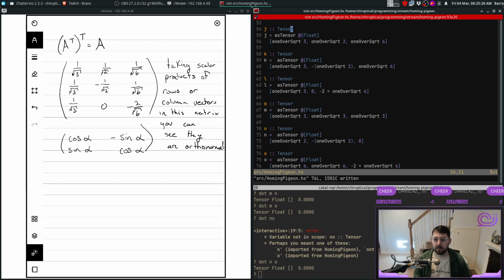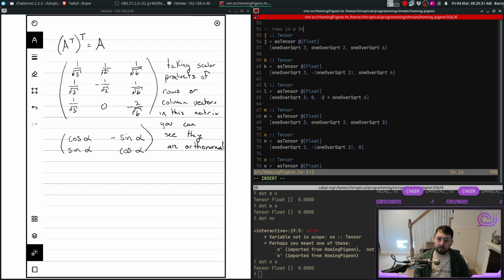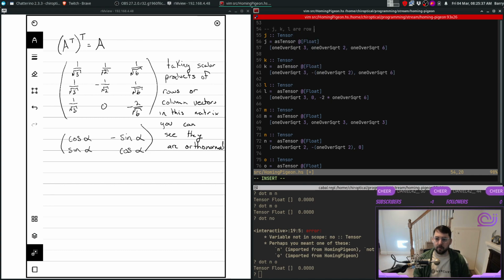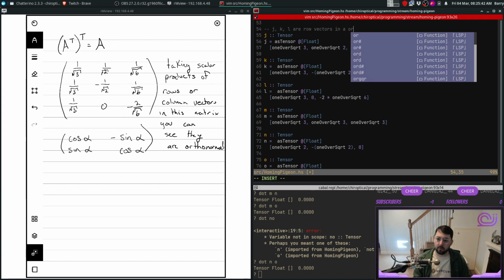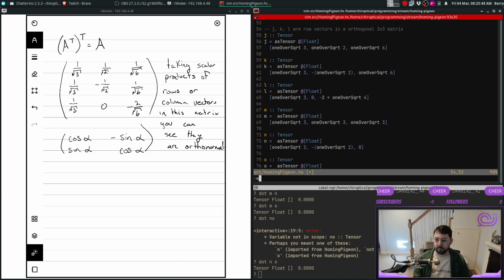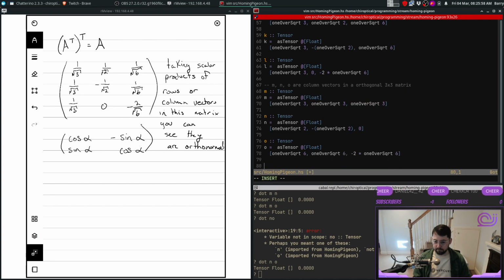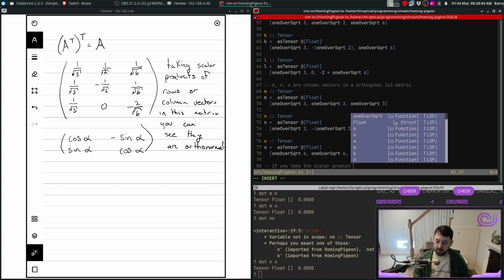So these are the rows. All right, let's do J, K, L are row vectors in an orthogonal 3 by 3 matrix. M, N, O. If you take the scalar product between